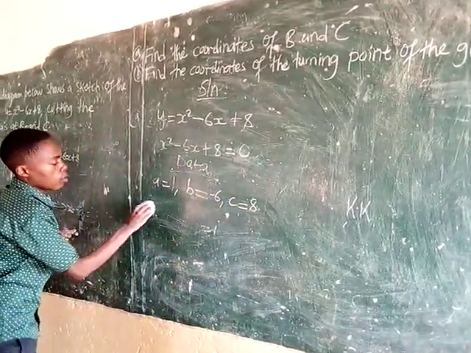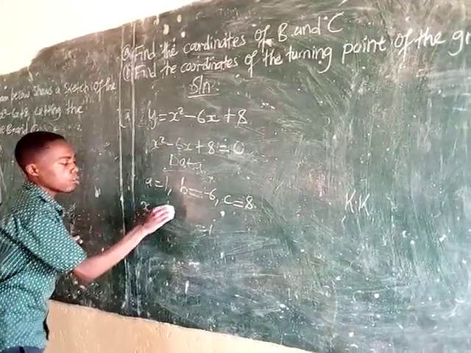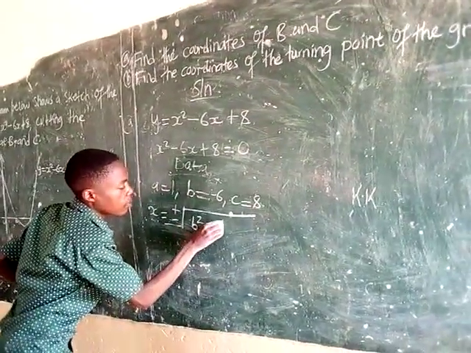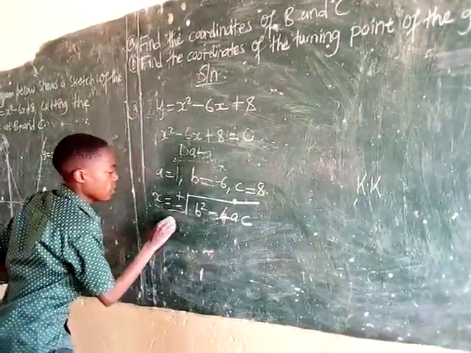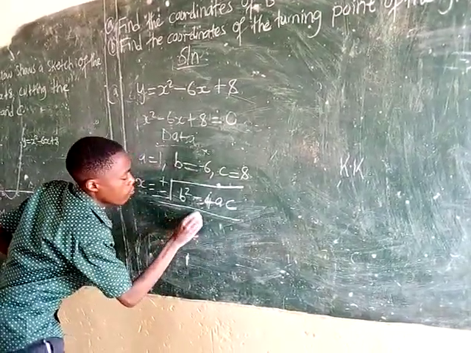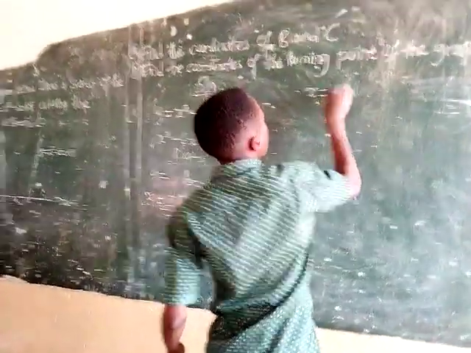So now we apply the quadratic formula. x is equal to negative b, positive or negative the square root of b squared minus 4ac, over 2a. So x is equal to negative